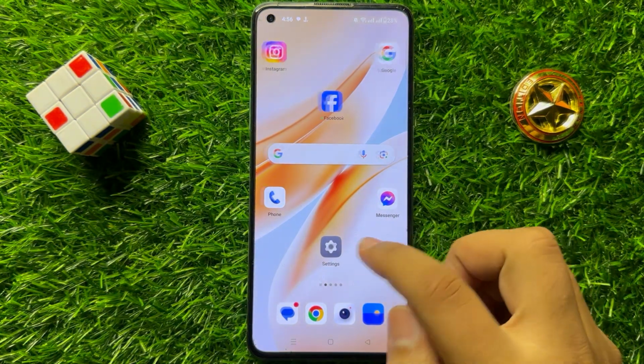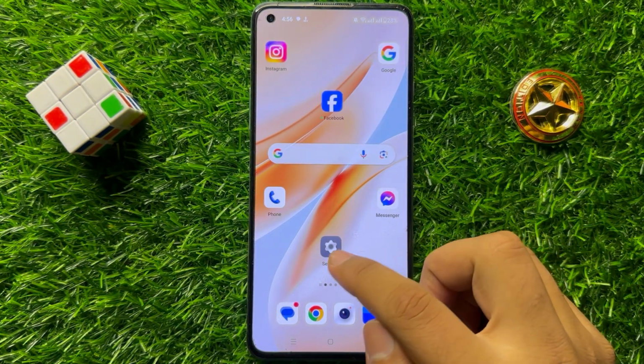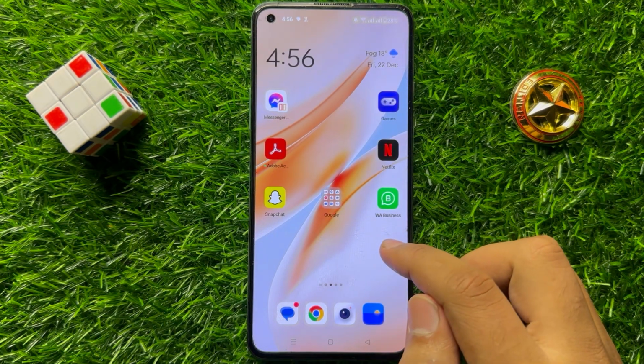Hello everyone, in this video I will show you how to fix mobile data not working on any Android